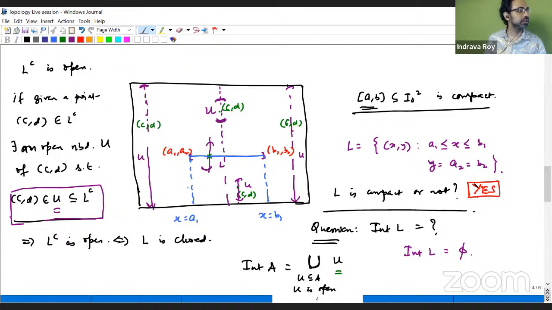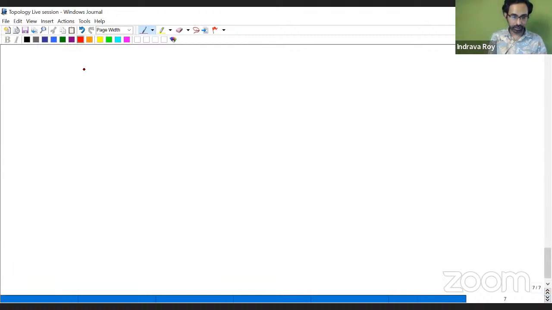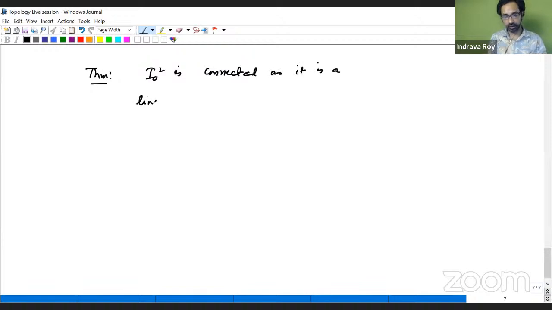Connectedness. We have already seen that this is connected, right? I naught square is connected because it's a linear continuum. Okay, let me add this here. So this is again a theorem. I naught square is connected as it is a linear continuum, and we know that any